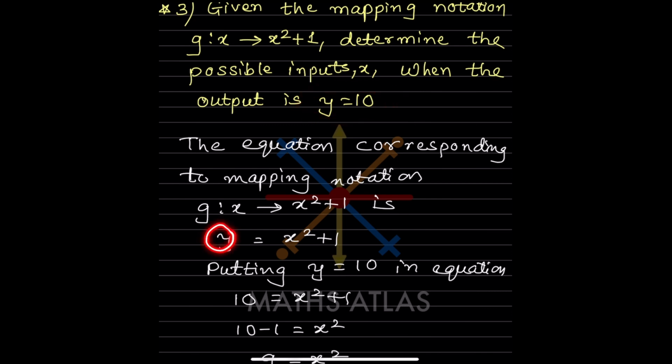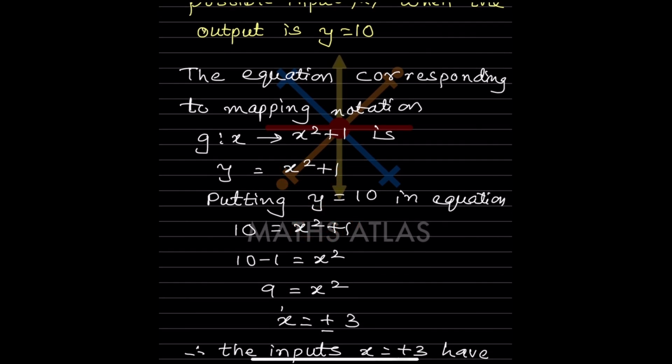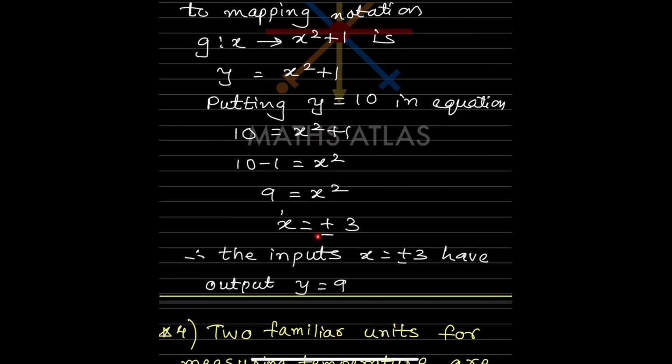Now in place of this y you are going to put 10, because they said the output is 10. So here you will put 10, and this will be as it is. So what will you get here? 10 minus 1, that is 9, is x squared. So the value of x is going to be what? Plus or minus 3, because when you take the square root of both sides, x is plus or minus